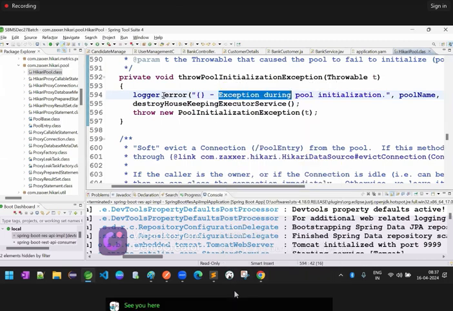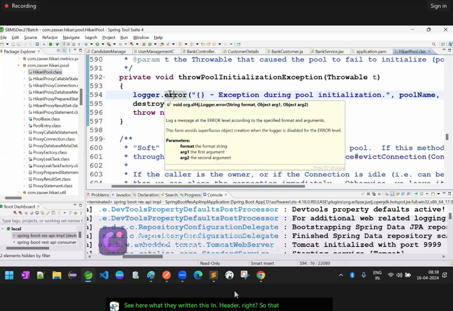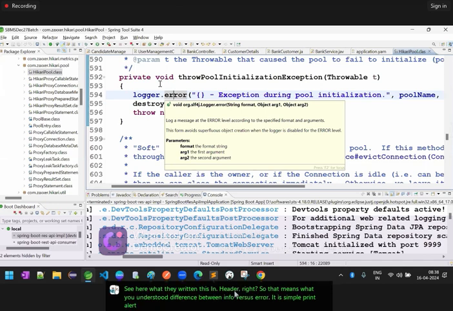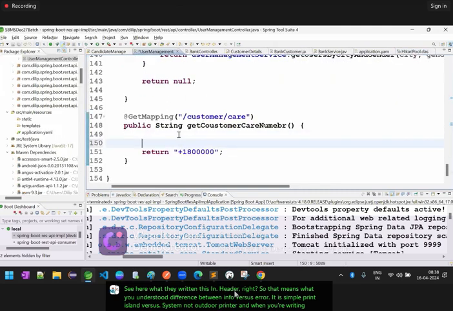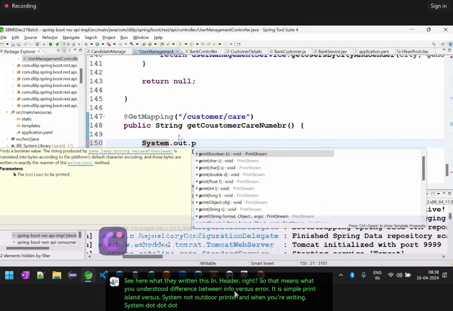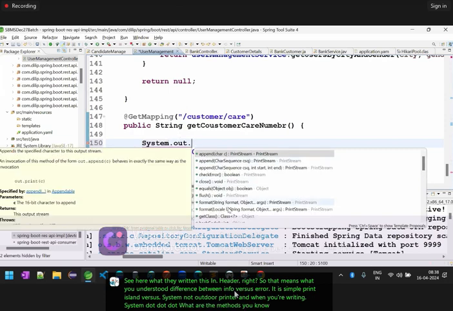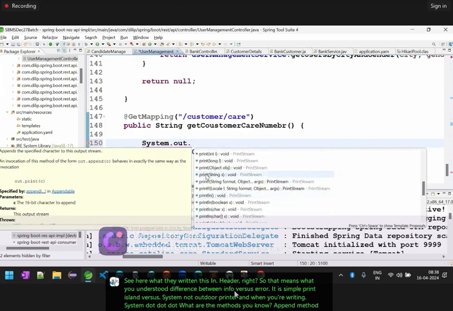See here, what have they written? Info or error? Error, right? So what did you understand about the difference between info versus error? It is simple: println versus system.out.println when you are writing. System.out, what are the methods you know? Append method. So print will print always in the